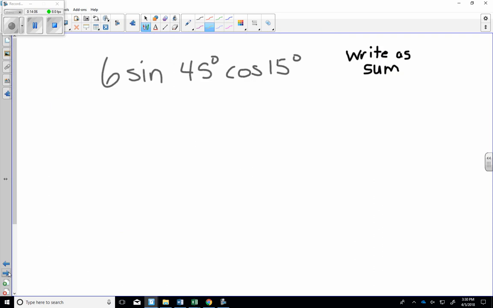All right, moving on to the next one. We have to write this as a sum. Well, this, because it's multiplication of things, would be considered a product. And we have to turn it into a sum. So we are going to use the product to sum identities, which this one is sine cosine, and that is the second one down. Sine x cosine y, which is 1/2